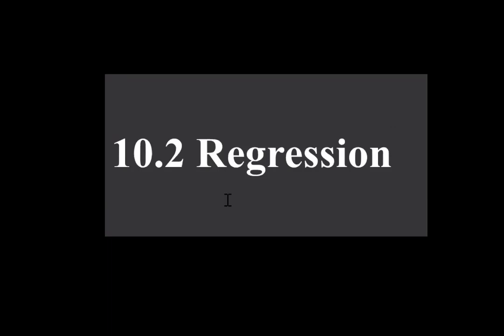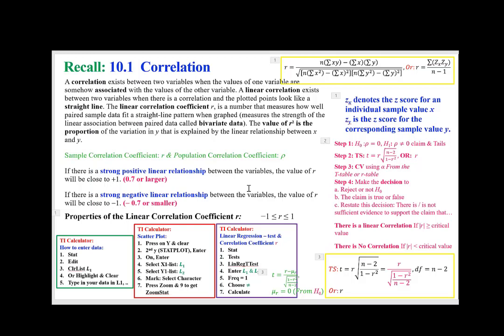The next thing after the correlation comes the regression. We looked at the correlation again, and the thing that is important to know when it comes to correlation: correlation exists between two variables when the values of one variable are somehow associated with the values of the other variable. A linear correlation exists between two variables when there is correlation, and the plotted points look like a straight